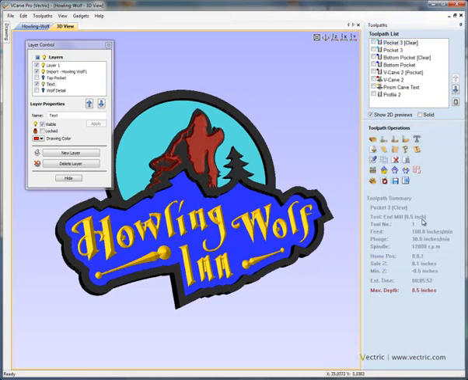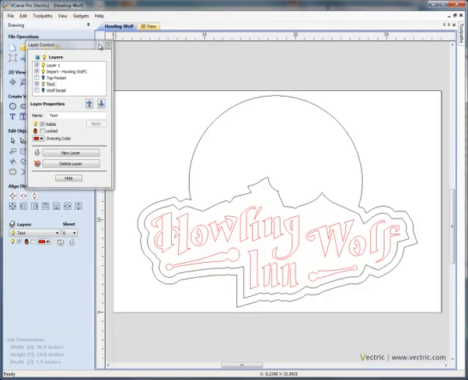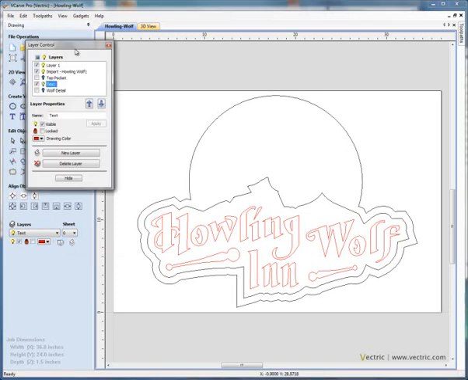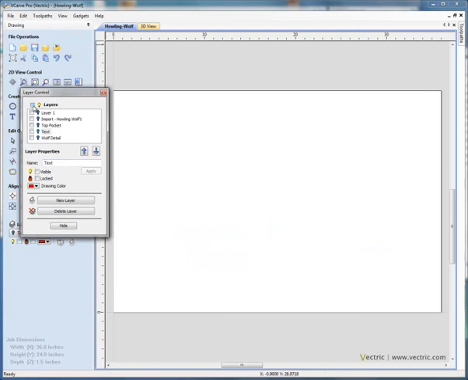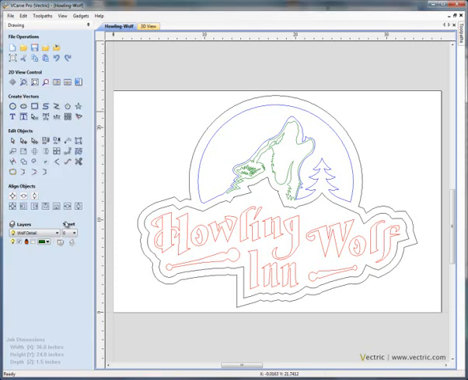So just to summarize, let's go back to our 2-dimensional design. We've used the layer management tool, so layer, toggle layer manager. We've added some new layers, and we've organized our data with different elements on different layers that we can then switch on or off, making it easier to select and work on the design. Once we've set up the layers correctly, making them more manageable and easier to access,